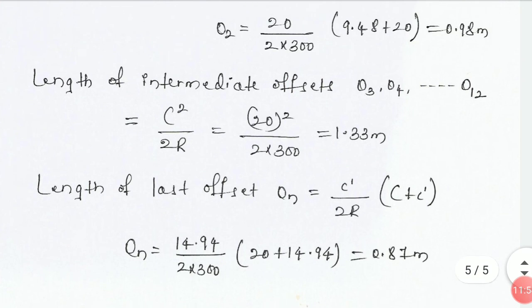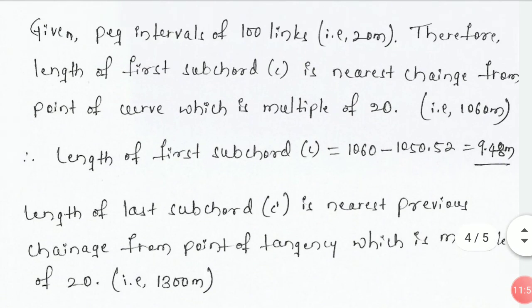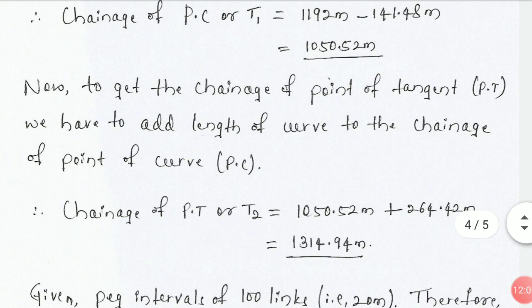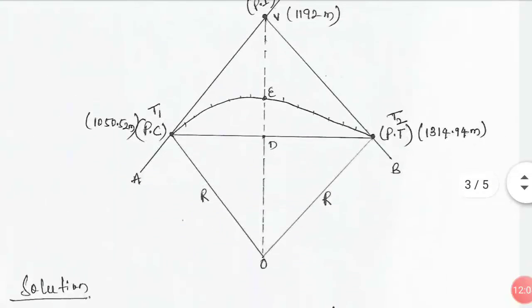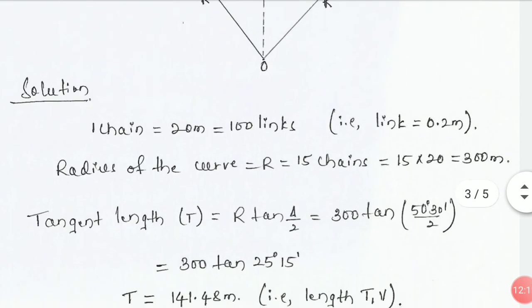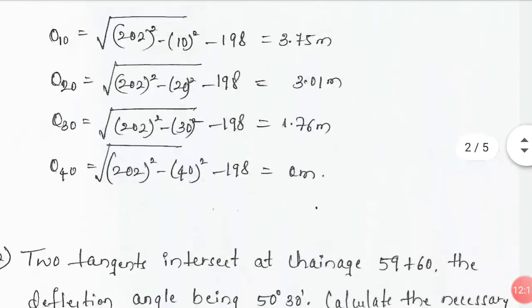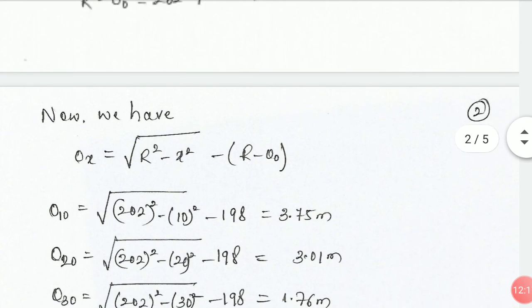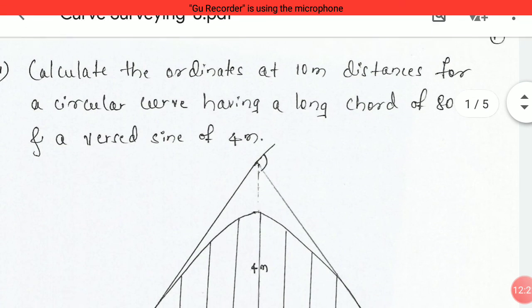Okay, so this finishes the problem on deflection distance method. We have solved two kinds of problems. One is with respect to chords produced from the long chord, and one more is offsets from the long chord method. Okay, so revise this, draw the figures and practice. If you have any doubts you can call me. Thank you.